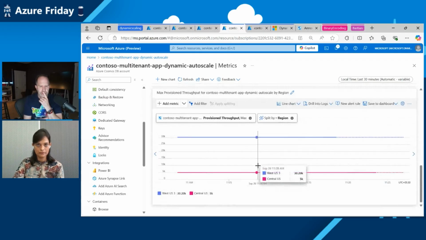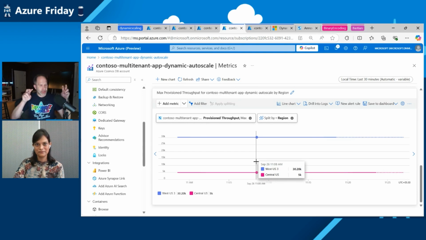And if you, yeah, you had a question? No, I'm just absorbing. I'm seeing dramatic differences in the RUs that have been provisioned. And you can see immediately that the West US has got a lot more demand. So its RUs are partitioned differently. It's not balanced. It's not equal. It is appropriate per region, if I'm reading these correctly.